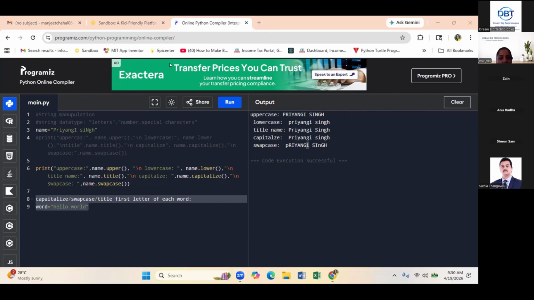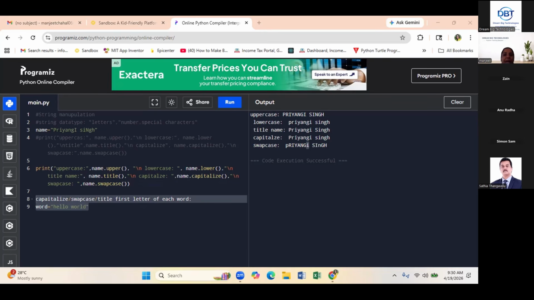Hi Sam, actually we started the WhatsApp group and I added Manjit also in that one. I don't see my name in the WhatsApp group. Added already, just have a look. DBT Python. Okay.